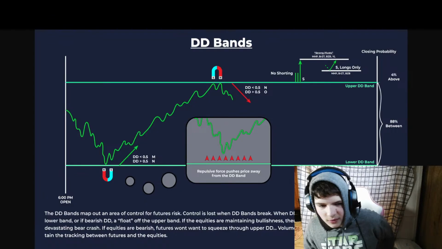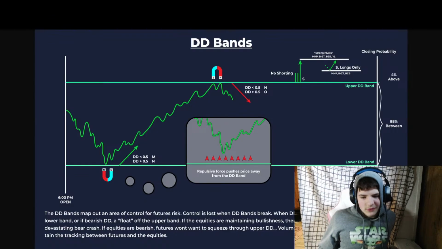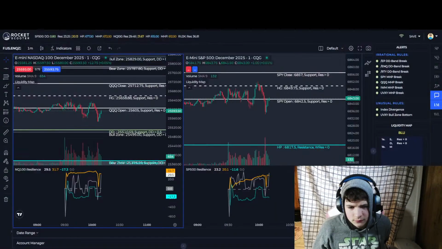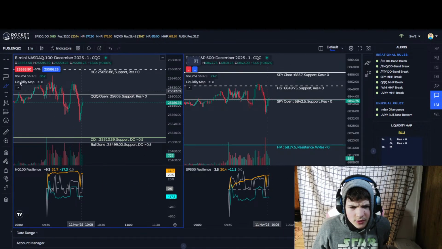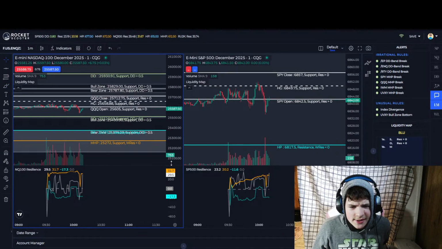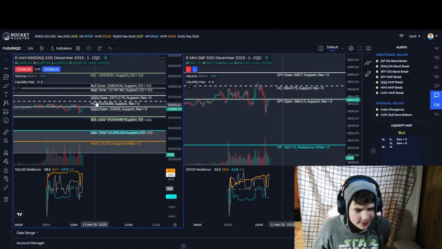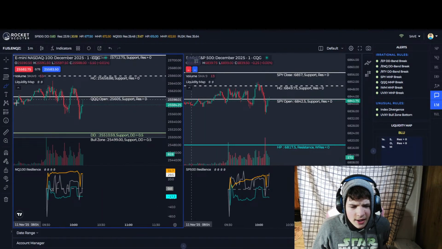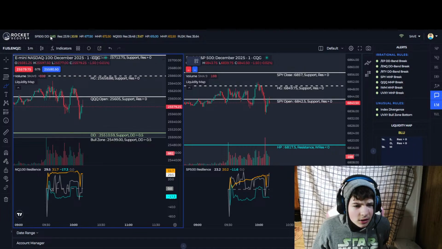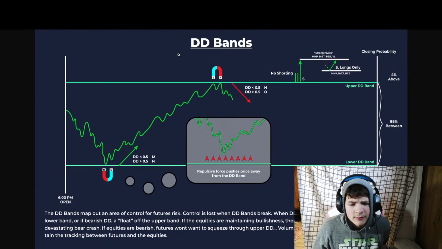So basically, as you can see, the market is in between DD bands, and we are very close to a DD band. As you can see, DD band is above 0.5.